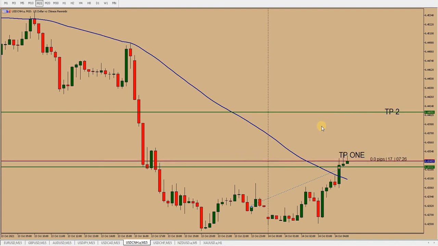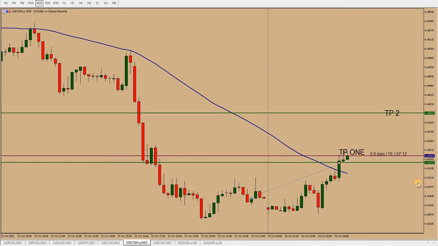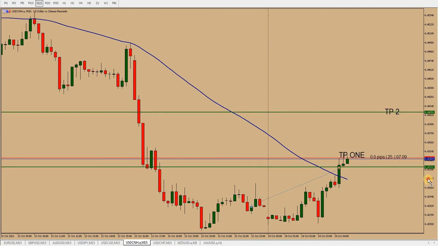So my partner and I, we pass on our experience. My partner is a computer programmer. He put all those patterns through the software. The software tells us to buy on this candlestick, and with the stop loss we enter the market. It did not even come close to our stop loss anyway. Our take profit here, I'm going to close it because